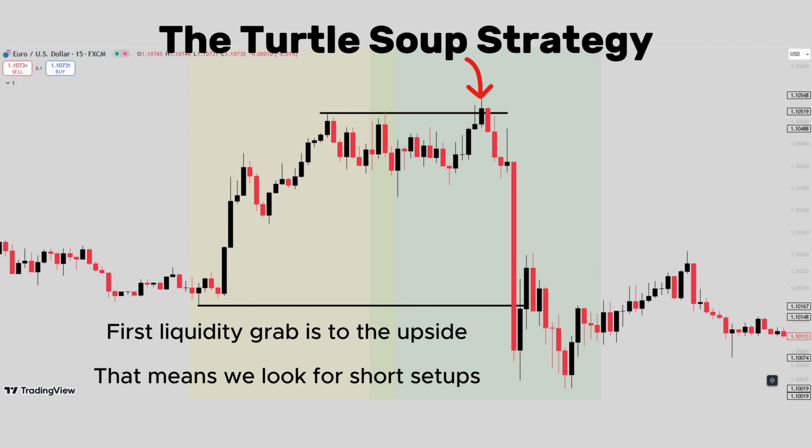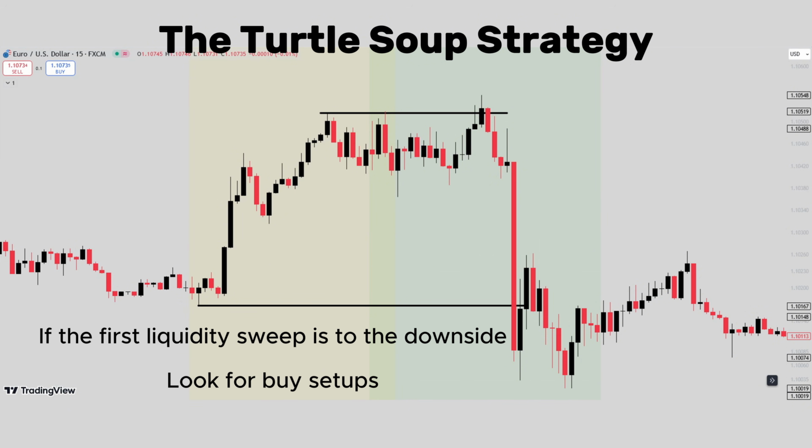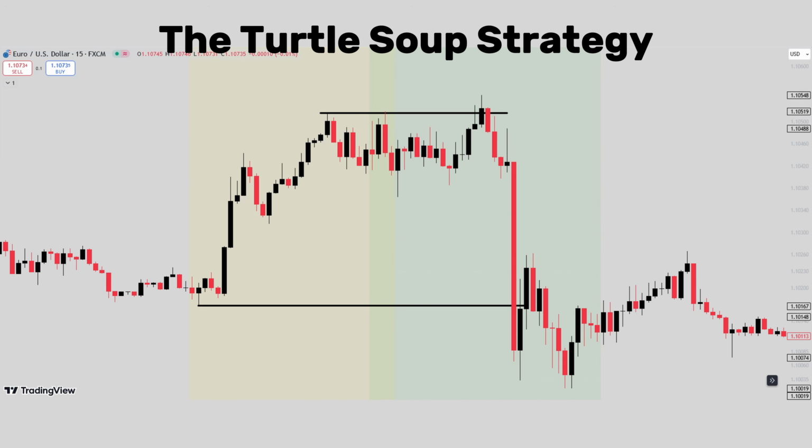Look for sell shorts to take the price down below the swing low. And if the first liquidity sweep is to the downside, look for buy long opportunities to take the price up above the swing high. In this time frame, we did not have any significant entry model for the sell short,